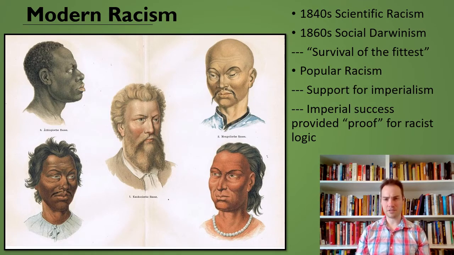And these ideas are self-replicating. So they provide both the sort of proof for the racist logic and the sort of reason for it. So you say, okay, well, we're going to imperialize, we're going to go and colonize this country because of our racial superiority. We have firearms, so we can do that. So when we do take over the country, it proves that we're superior because otherwise we wouldn't have been able to take it over, right? So it kind of builds on itself.